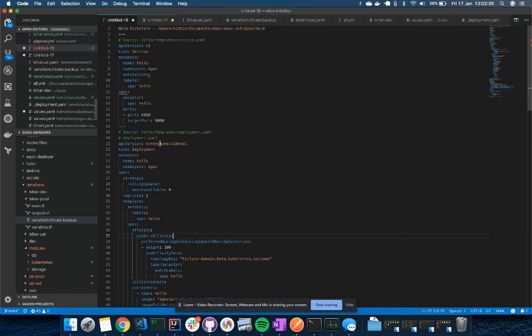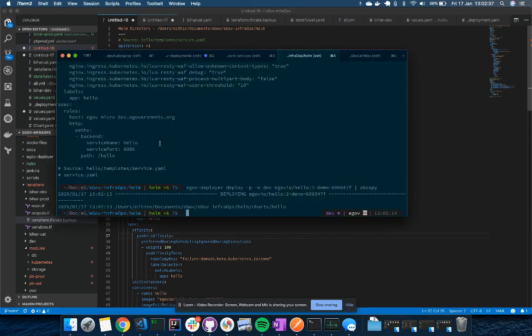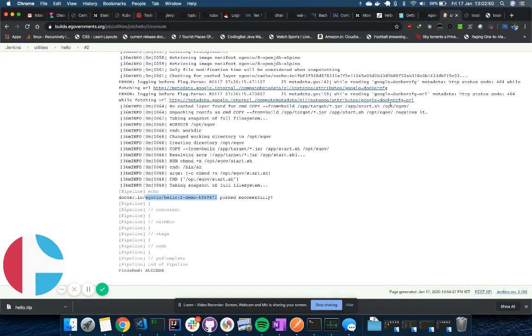It has all the configurations and stuff that's required for this. Okay. So ideally, you wouldn't be running this command, but rather you would just raise a PR to Infrog saying, I have a new app called Hello, and these are the values that I've added. Can you please approve it? Once that's approved, then you could go to deploy to dev.